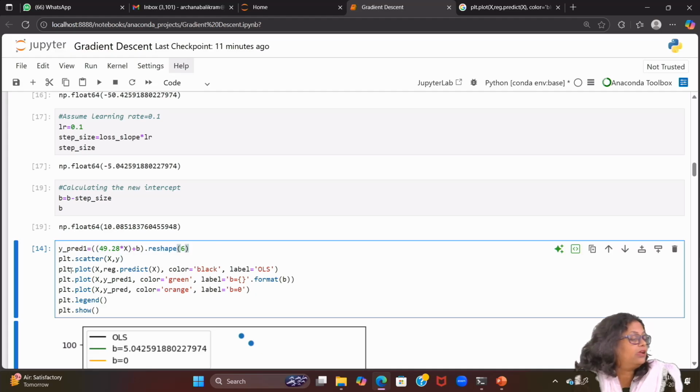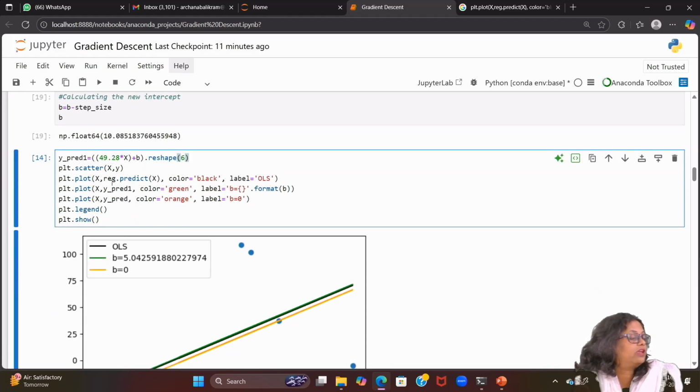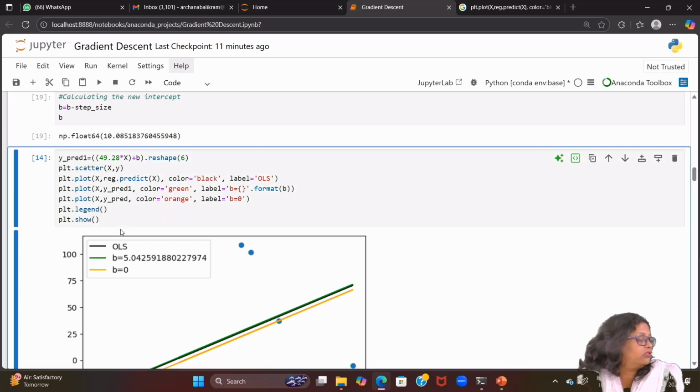And then after reshaping, we call plt.scatter. This is the original one, which is the OLS. Then this is the one where we are changing the value, and this is the last one, after the first iteration. Just run this one.